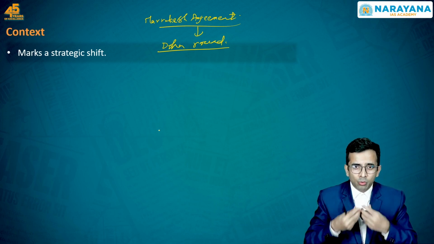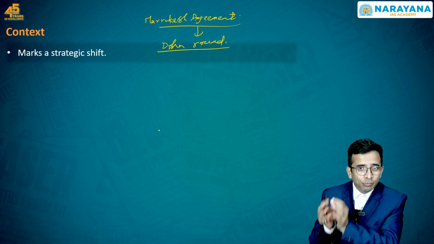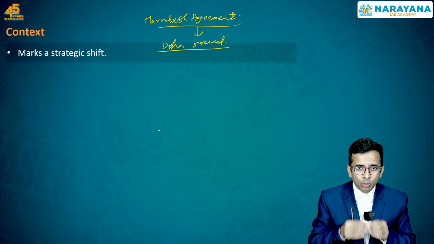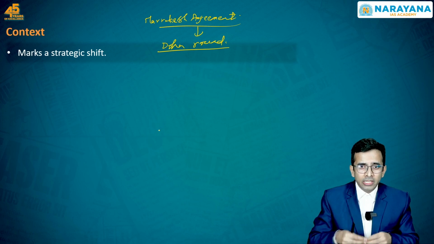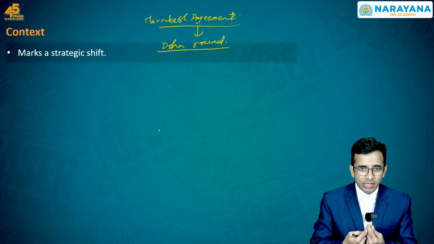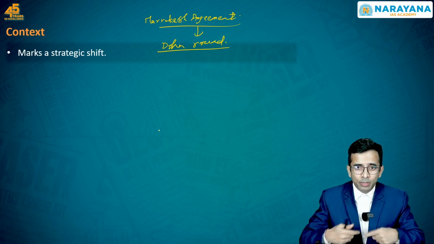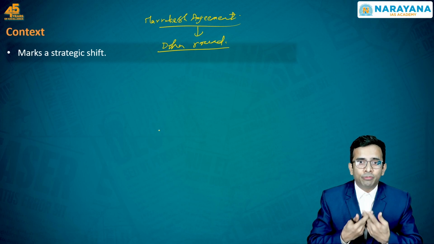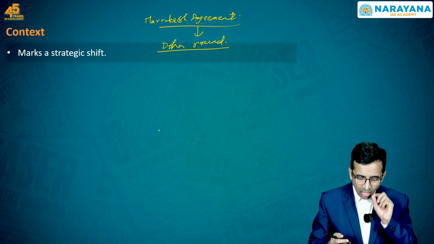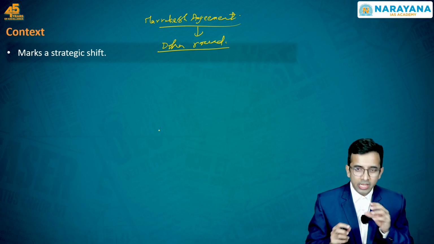Since this Doha round, as we come to this phase of near end of globalization, this particular free trade agreement is again seen as a ray of hope from the perspective of developing countries. This is the first important thing that you have to keep in mind, which is why this is being referred to as a strategic shift. Second, apart from this, if you look at this from the perspective of India, I repeat,